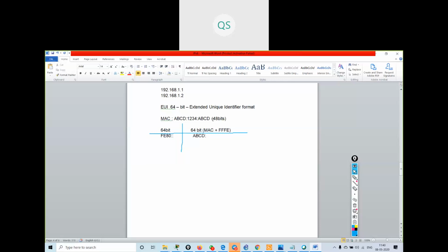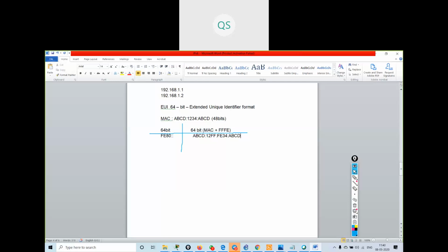If you divide this address into two parts, I get the center point after 1 2. So after 1 2, it will just add FF, then a colon, then FE, then 3 4, then ABCD. This is how my EUI 64-bit format is created.